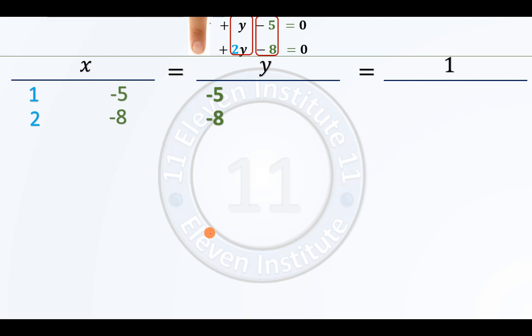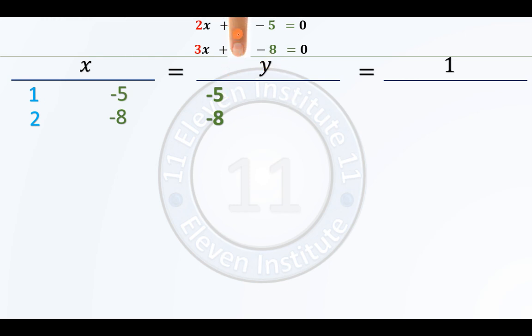How beautiful it is. So minus 5 and minus 8, now the chance of x is over. So we will remove all this. Everything is gone. Chance of x is over. Now what comes after x? Y. After x, what comes is y. So what we will do now is we will place our finger on y.